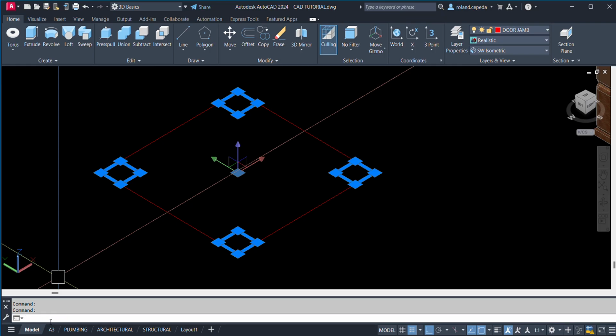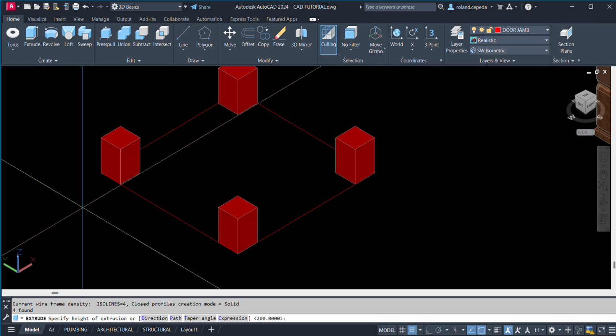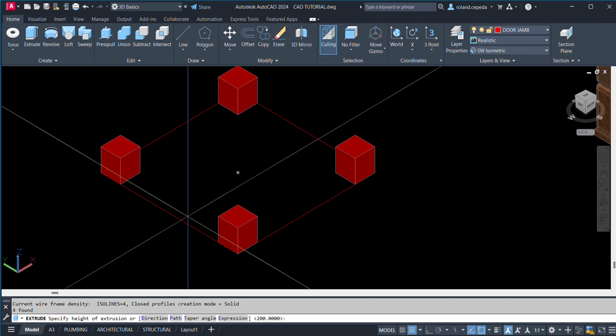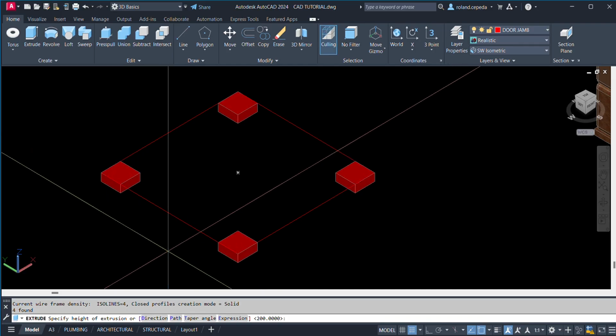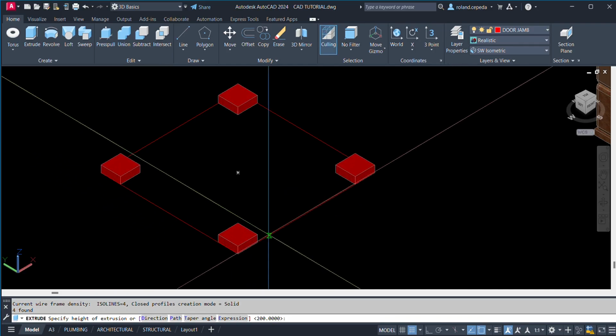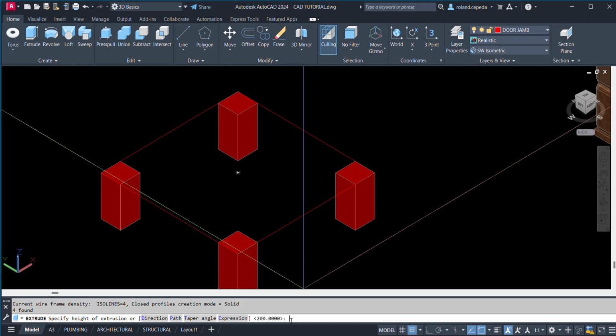I'm going to input the shortcut key, which is XT, and then the space. So automatically it extrudes, but you need to put the height. So I'm going to put 20 mm, or let's just say 50 mm height.